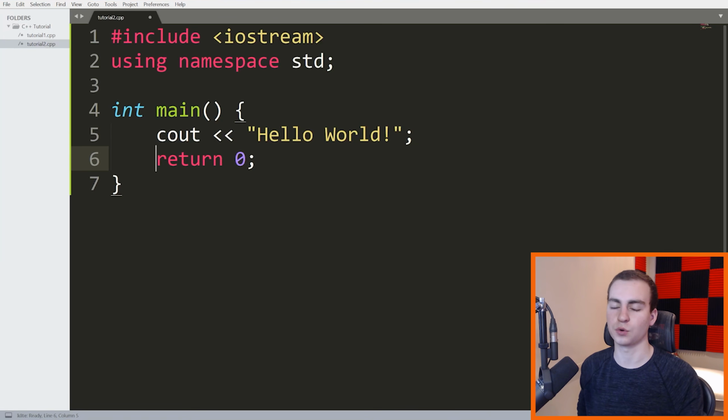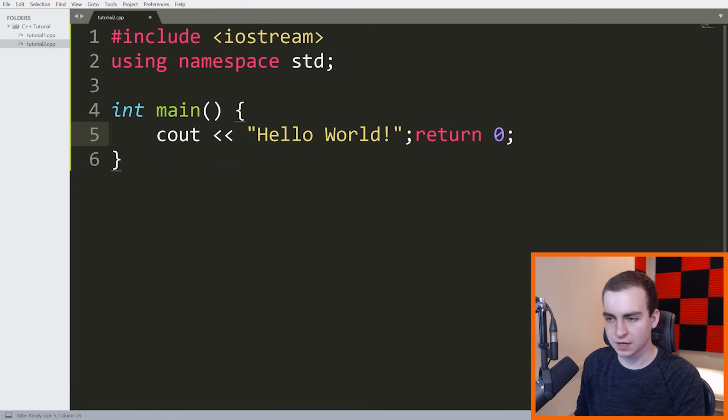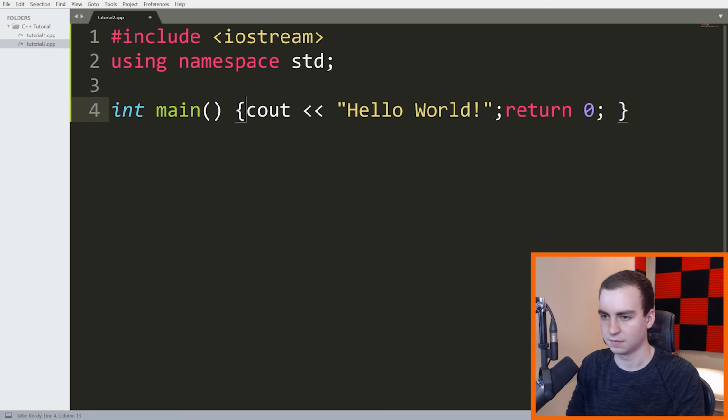Obviously, it's way easier to read, and I'm going to do this in the tutorial, and this is good practice to have all of your commands or statements, whatever you want to call them, on separate lines. However, you don't need to. You can do this. This is totally fine. In fact, even when we're looking at a function like this is fine as well. This function will still execute.